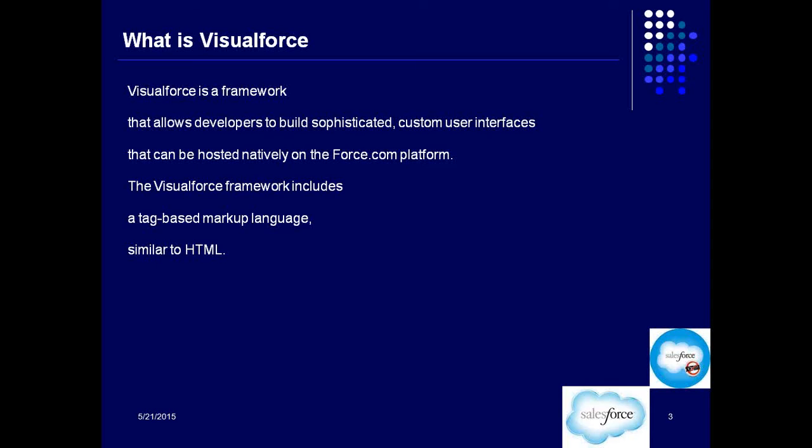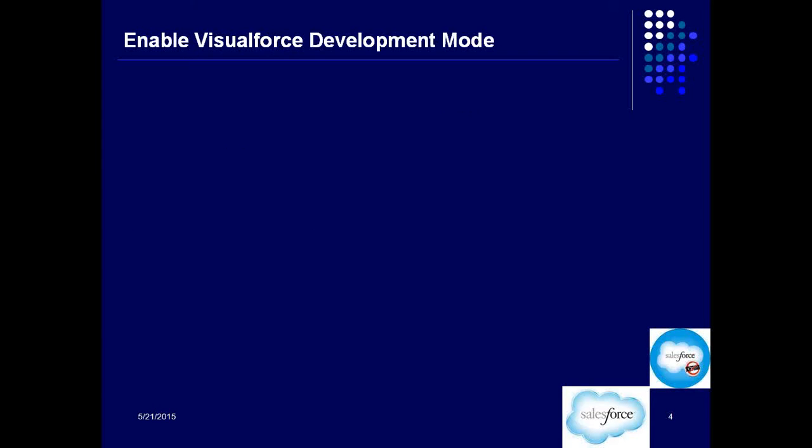So when you want to have control of the user interface, you can use Visualforce to design your own user interface, right? Instead of dealing with the standard UI, you can go ahead and create your own custom UI. All right. So first, we have to enable the Visualforce development mode so that we can create Visualforce pages. So these user interfaces, throughout our training program, we will call them Visualforce pages. Okay, so we call it a Visualforce page. So even before you can create a Visualforce page, you just have to enable the Visualforce development mode. All right. So we'll learn how to enable that.